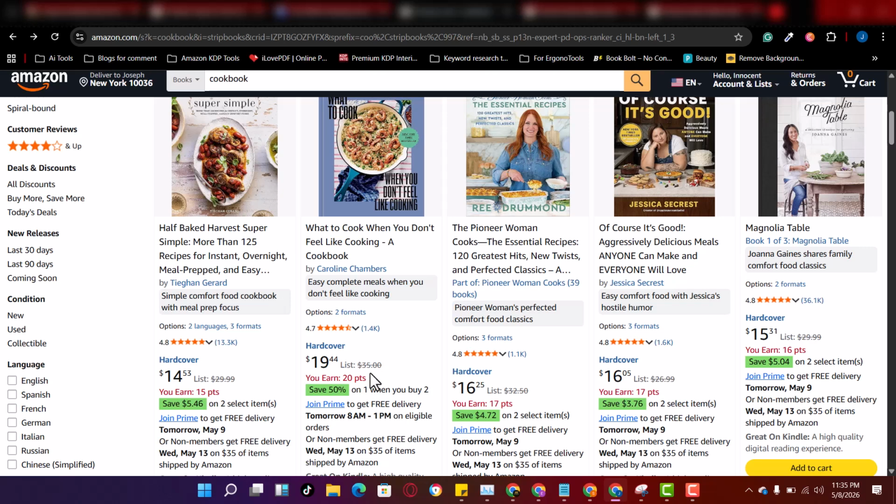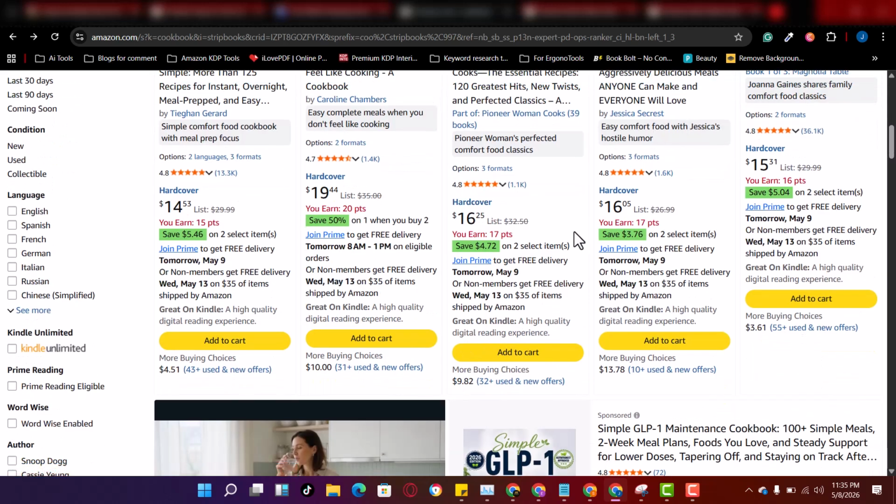But however, that is not your own concern. Your own concern is that you are also making your own money from it. Let's say this person right here will be making approximately $6-7 from this book. You understand? When Amazon takes away everything, her own royalty will be around $6-7 from this book. Now imagine over 1,000 sold on this book already. You know how much that person is making.